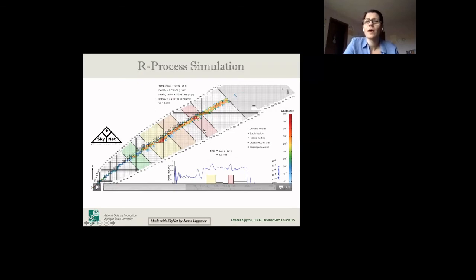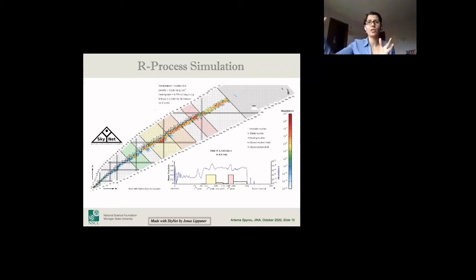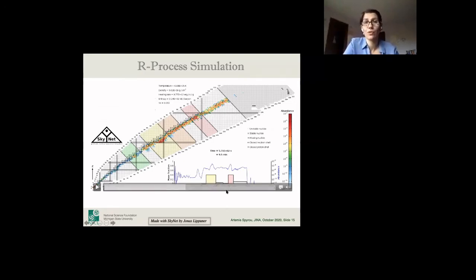This is, if you think about it, an amazing connection. These are magic numbers. This is a very basic nuclear physics property that these nuclei have, and it translates into a macroscopic observable, these peaks in the abundance distribution when you look at a distant star. So you see immediately the one-to-one correlation between those two fields.